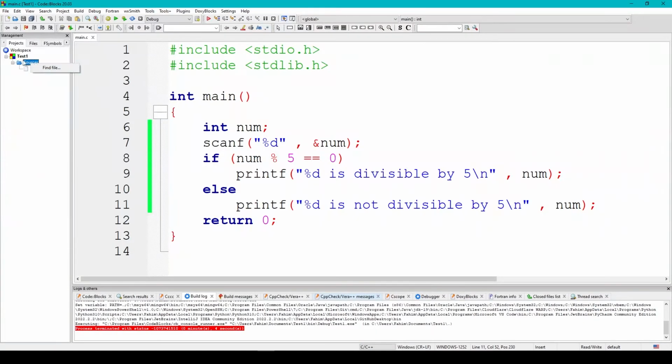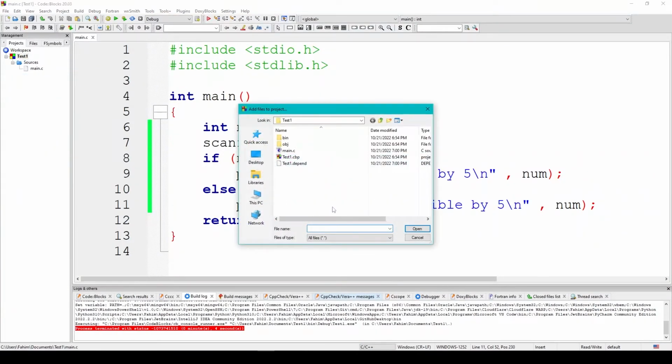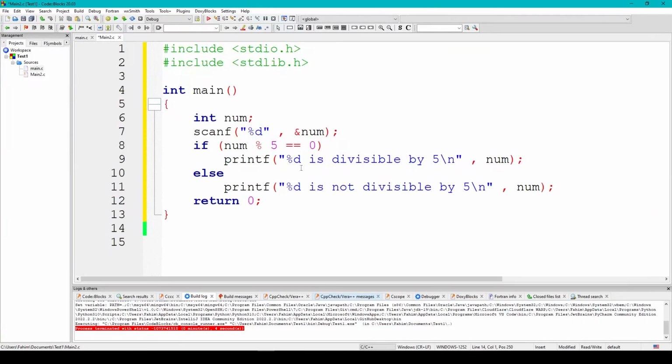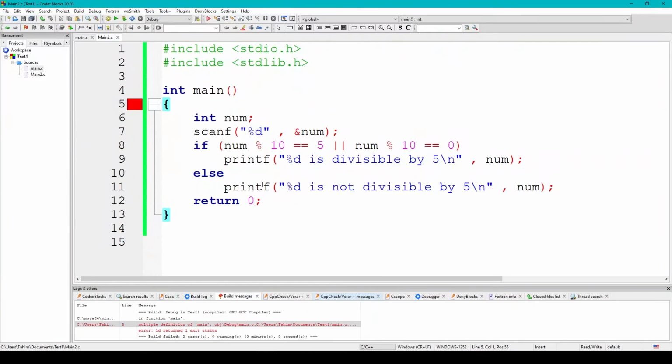So I'm gonna simply use another source file, main2.c, and I'm simply gonna copy this boilerplate to here, and I'm gonna edit this here. All right, so after scanning the number, I would check after dividing that number with respect to 10 whether the number becomes 5 or whether the number becomes 0. If that happens, then the number is divisible by 5, and if that doesn't happen, then the number is not divisible by 5. Now if I simply run this code,